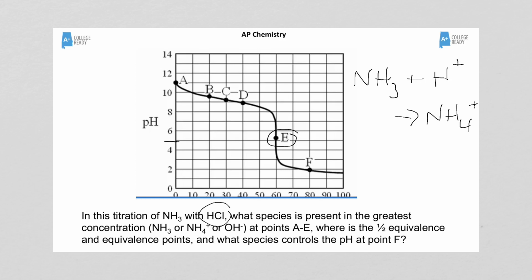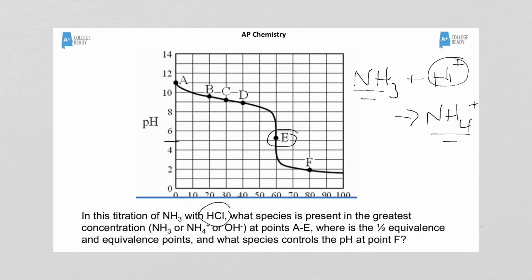So, as we think about this, at point A, notice 0 HCl has been added. So what is the greatest species in concentration at point A? Well, it would have to be the weak base, because it's in there with water. Again, we're leaving off water with these. And then when we get to point B, what you need to think of is once we start adding a few drops of H+, as we said on that one slide, the H+ that's added gets completely neutralized by ammonia and is making the ammonium ion. So at point B, we still have more ammonia than ammonium ion,